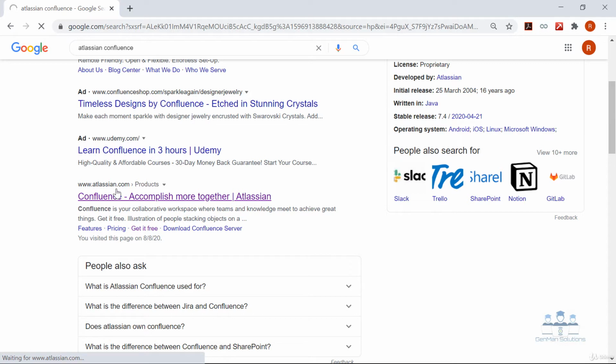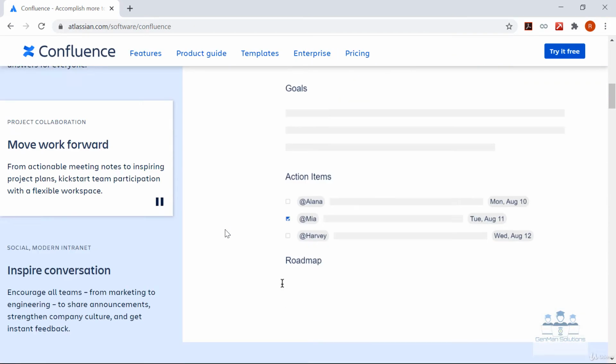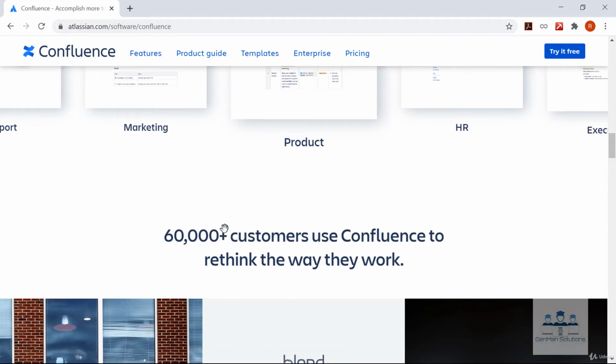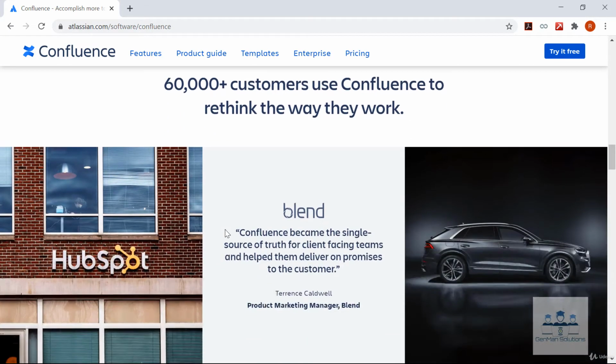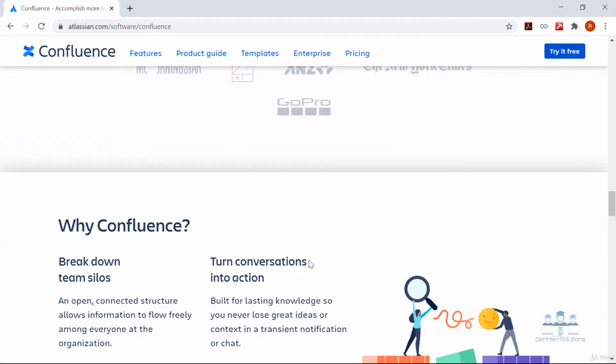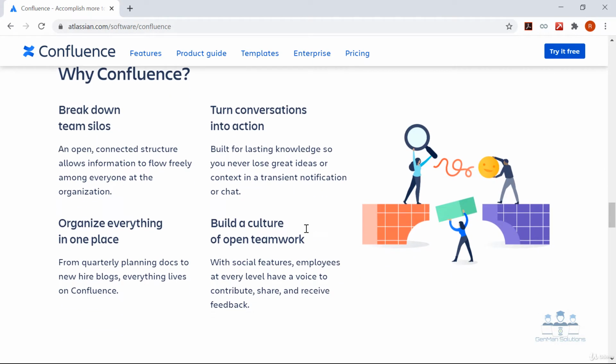It will take you to the Confluence page on the Atlassian website. Okay, so this is the page of Confluence on Atlassian. You can scroll through the page to know more about Confluence as a tool. You can see that Atlassian in itself has provided lots of information and interactive content to introduce you to this powerful tool called Confluence. I would urge you to visit this page later on to get more familiarity with the platform. Now let's get back to creating your Confluence account.